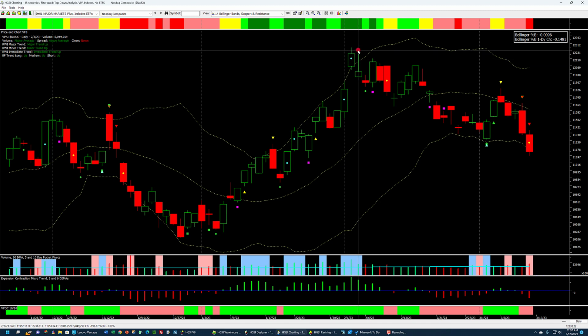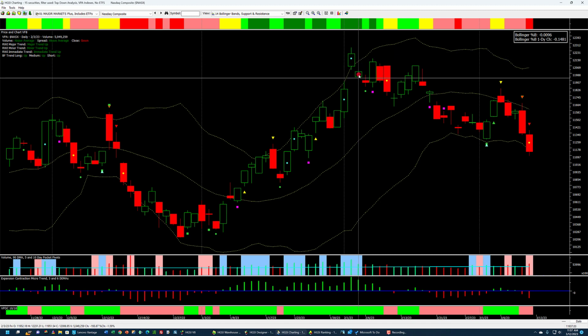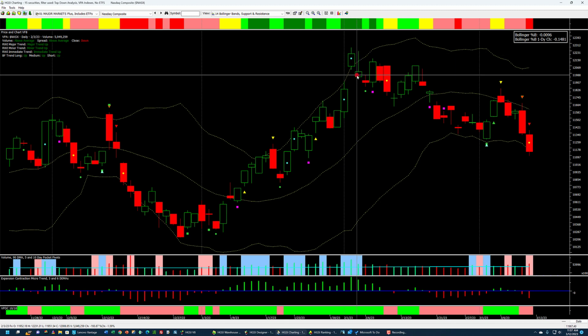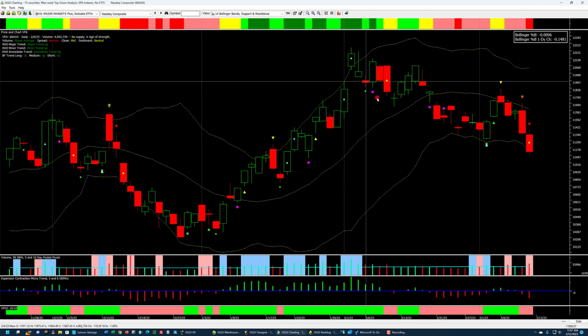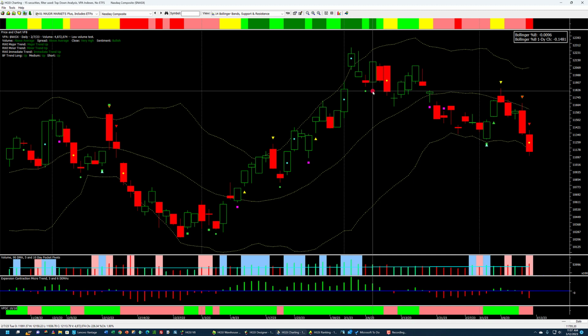The market opened here the next day and tried to rally. This tells you that the smart money is not supporting going higher because of the long upper wick. Here we came down and had a test that looked like it was going to hold. Here's another. I mean, this is a no supply. This is a test. If you look over here, you can see what these are. No supply, and it's a test. And then here's a test. Looked like maybe we had another shot at it.